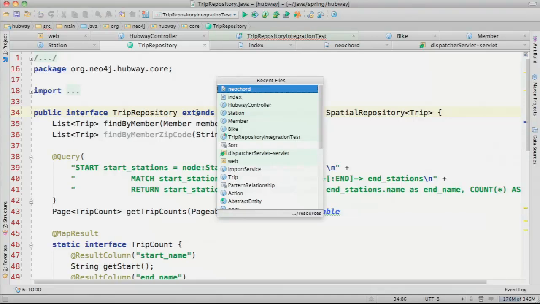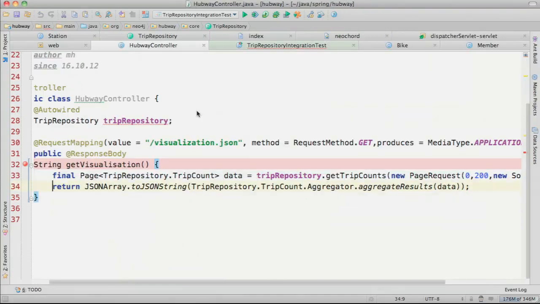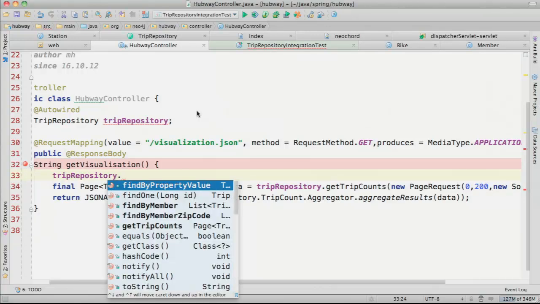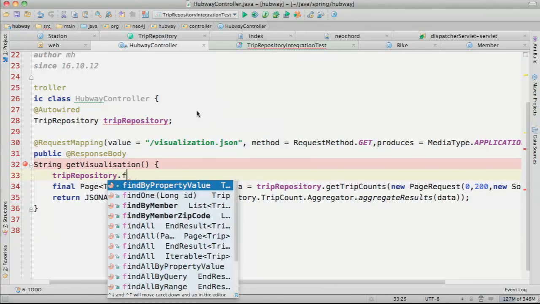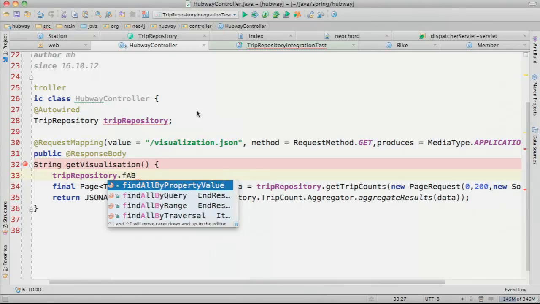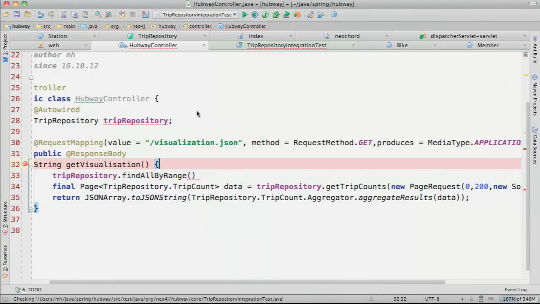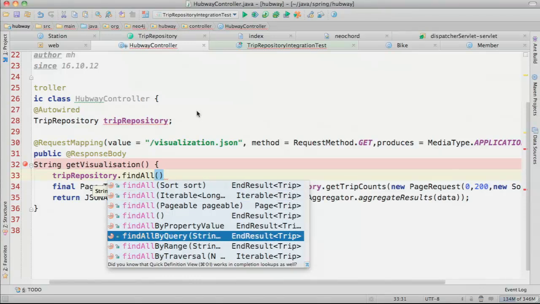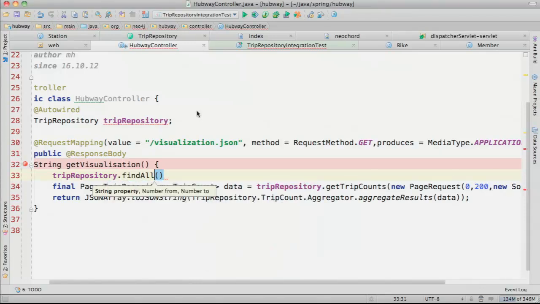Then in the Hubway controller, where I have the trip repository, I can say trip repository find all by range, and I can pass in. No, sorry, this was wrong. Find all. Doesn't show up.